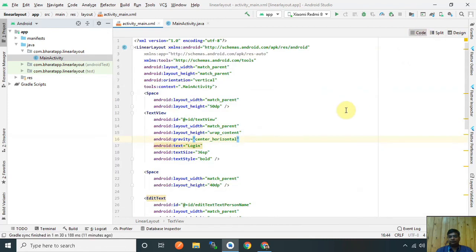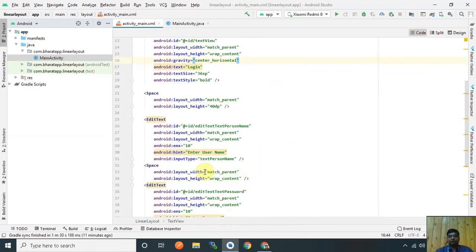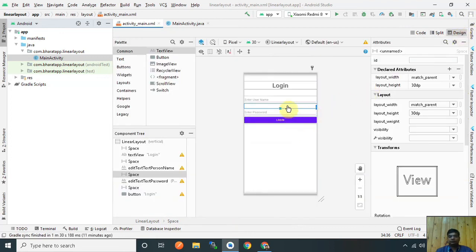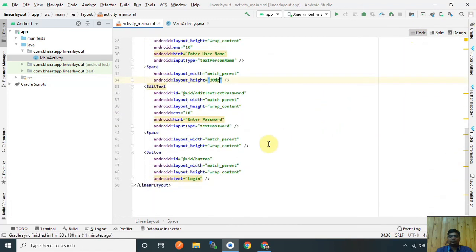So now I go here and add 30 dp. Now I insert the space between password and the login button, 50. Okay, now check this.